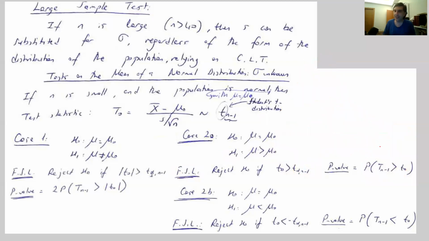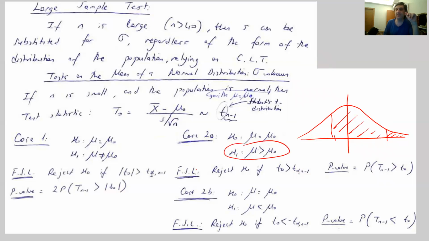Now, if you look at this equation, it exactly says this. Whichever value of t0, whichever sign of t0, it doesn't matter. If it's positive, positive. If it's negative, again put it here or here under the t distribution. You always compute this right-hand side tail area for this alternative hypothesis. On the other hand, this is different.